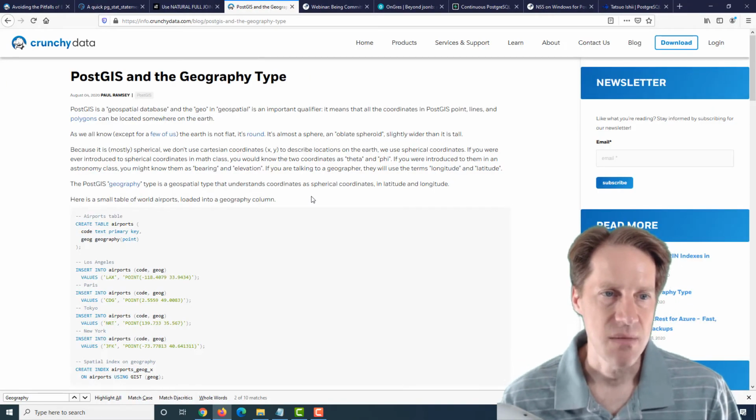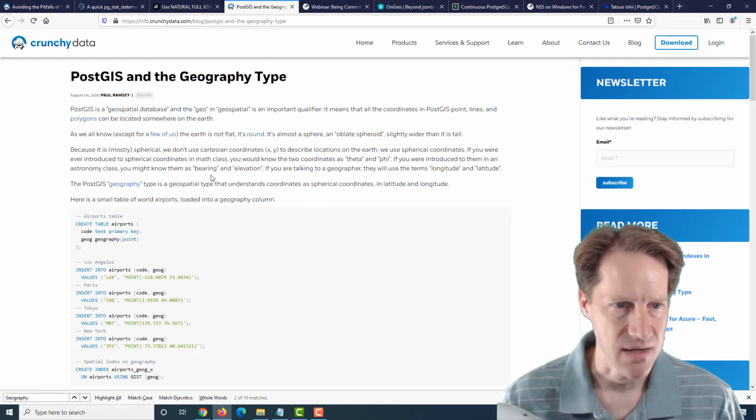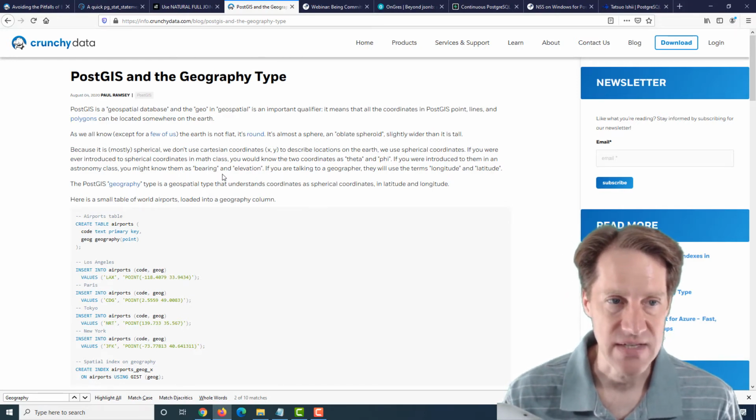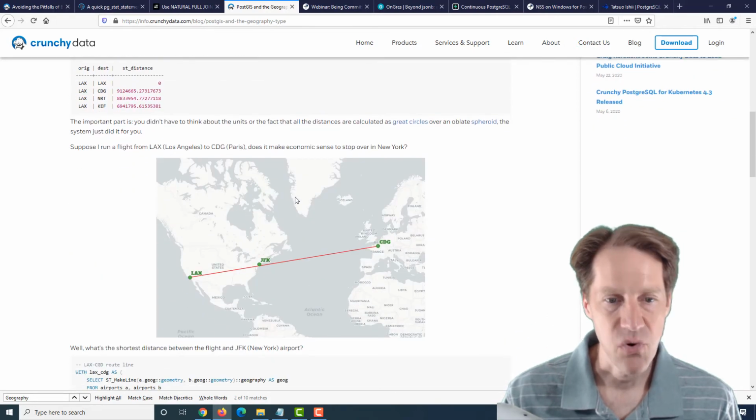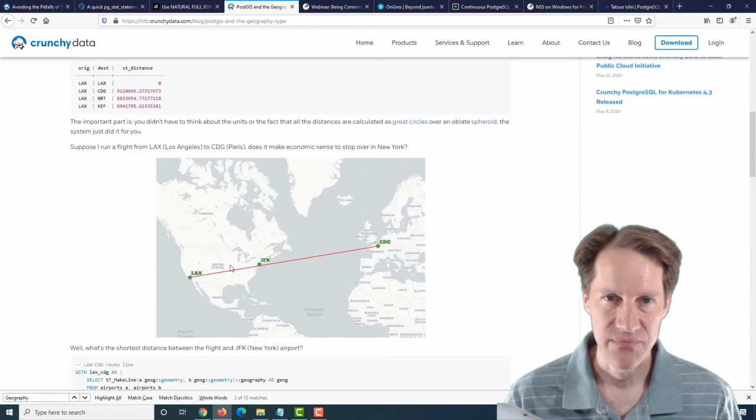The next post is PostGIS and the geography type. This is from crunchydata.com, and this explains the geography type that's available within PostGIS for calculating spherical coordinates. And he talks about the importance of this because normally we think of flat planes when looking at a map, like Cartesian coordinates and X and a Y, but really we need to think spherically because the Earth